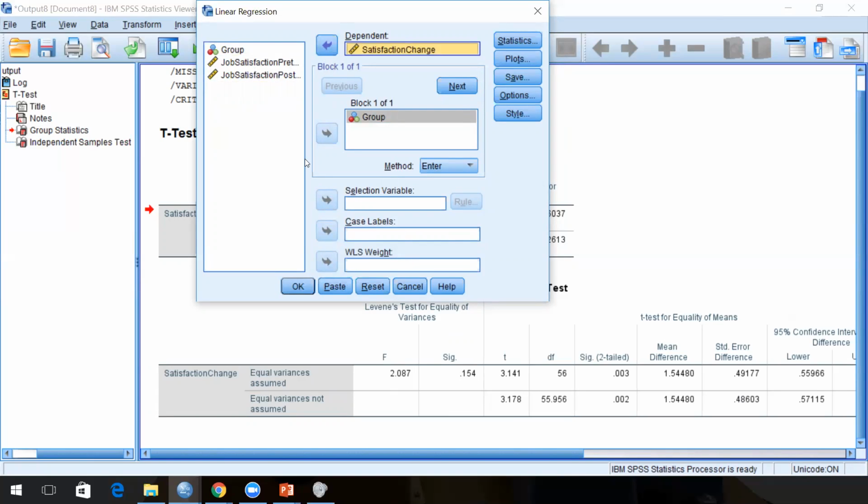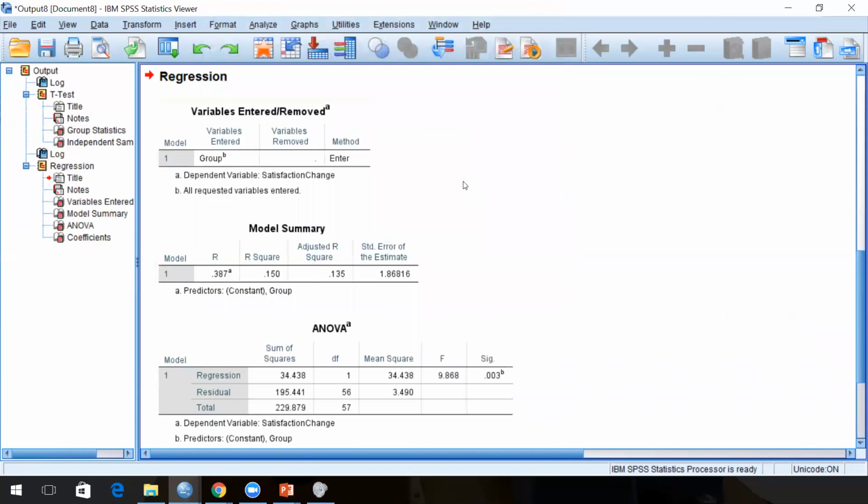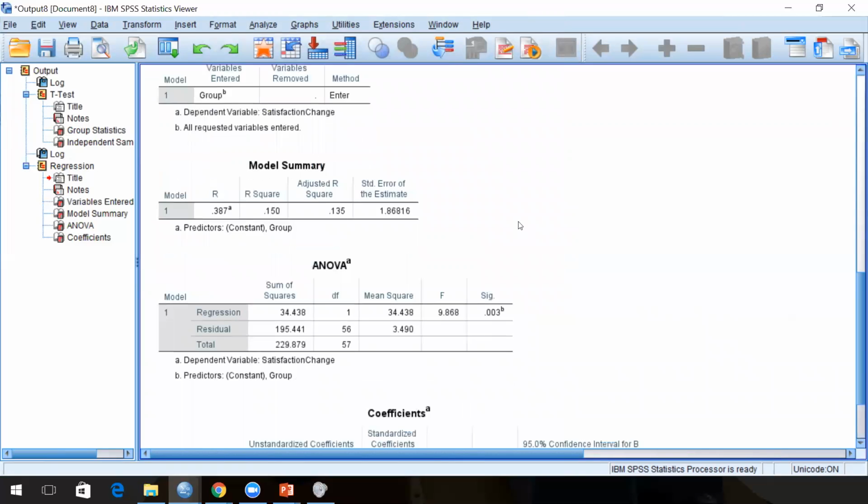And so group is a dummy variable, 0 if they didn't go through the treatment, 1 if they did. And I'm going to run the regression and see what kind of effect being in the treatment group has on your satisfaction change. As always, I want the confidence intervals. Continue. Okay. So we get our results in our regression. We get R square of 0.15, which is not that high. It's saying that about 15% of the variation in the change in job satisfaction is attributed to being in the treatment versus the control group. And so not extremely high, but